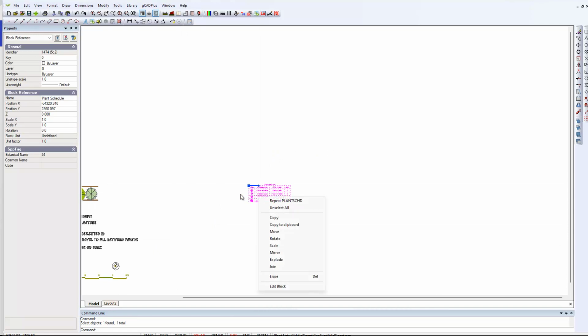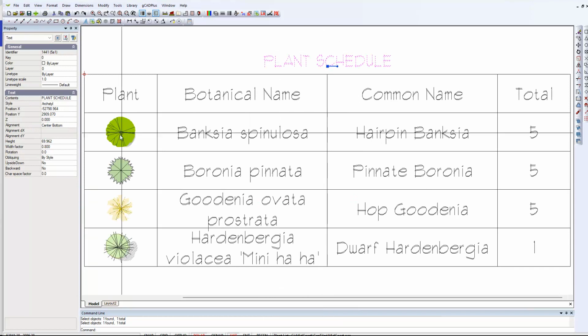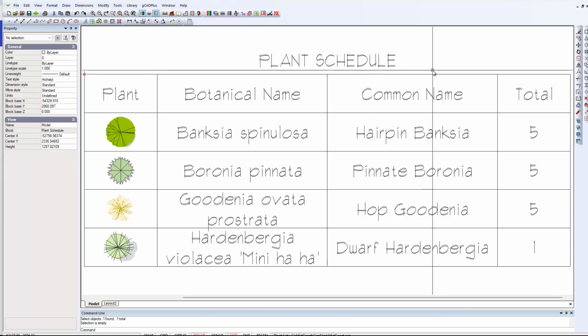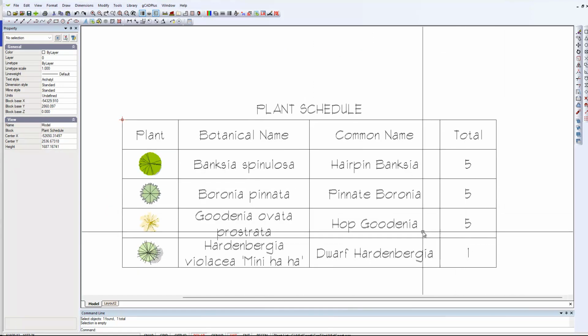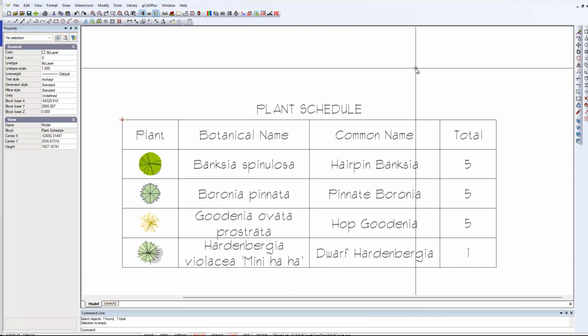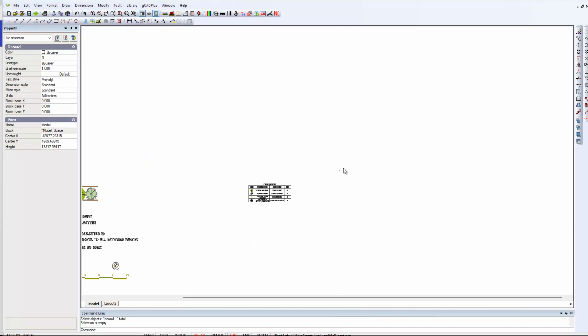So we can hop in there if we want and edit it. We could change the height of that if we wanted to increase the height. We can make it 75 to match the other text height and so on. So we can do any amount of editing. Of course, we don't edit the numbers because if we now go back, close the block editor, and just remember